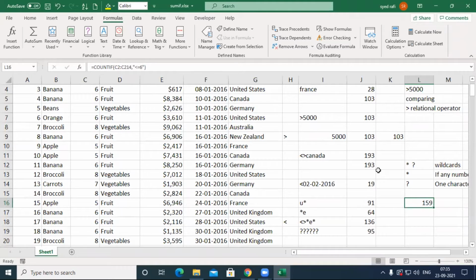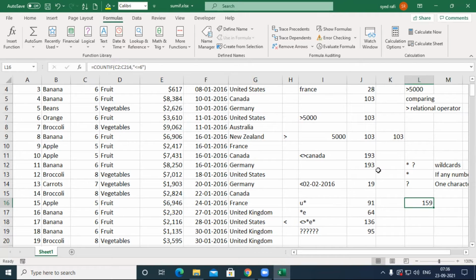If you have any doubt in this one, in COUNTIF only one condition we may give. If you want to check how many times the United States is repeated, only one condition. We can't use multiple conditions in COUNTIF, like if the country is the United States and the product is banana.